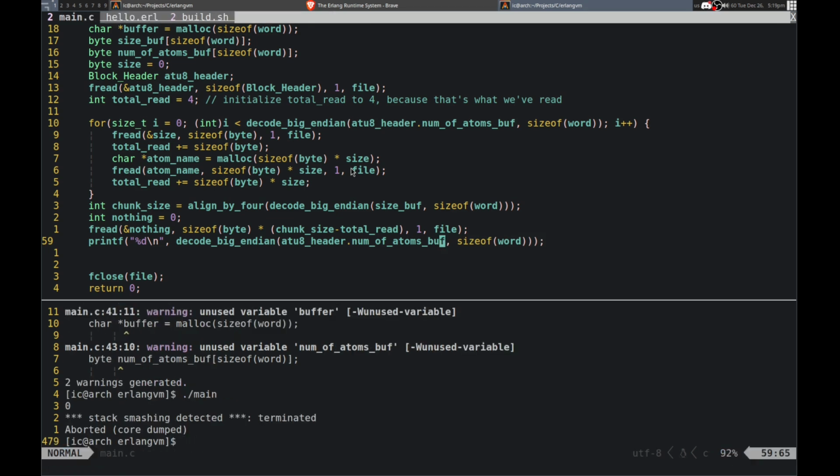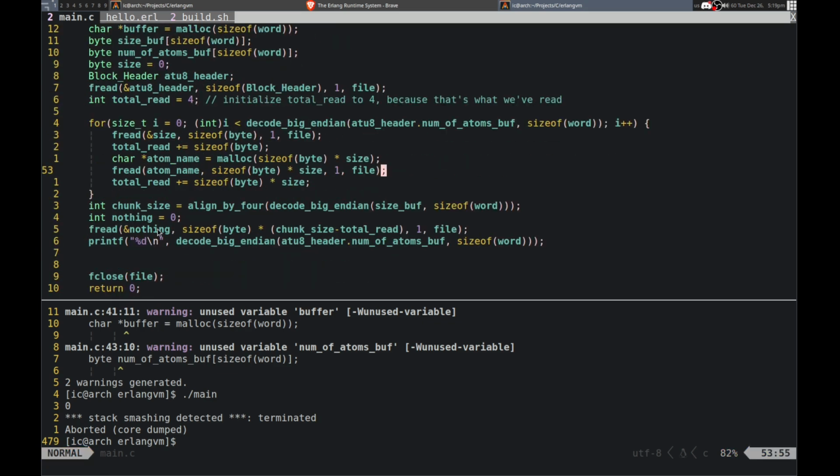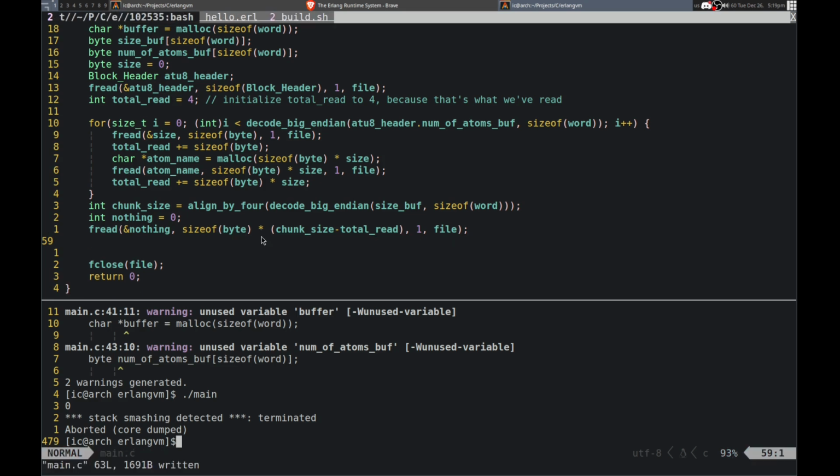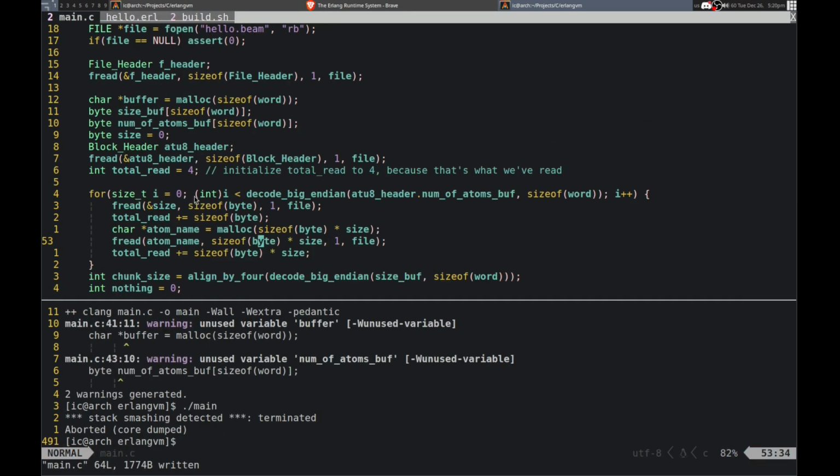That's nice and detected. Alright, so I broke something. Where did I do that? Atom name. Allocate that. Read that. Okay. I don't think it's from this. I'm pretty sure it's from the other things that we're doing. Yeah. So I messed up something here.